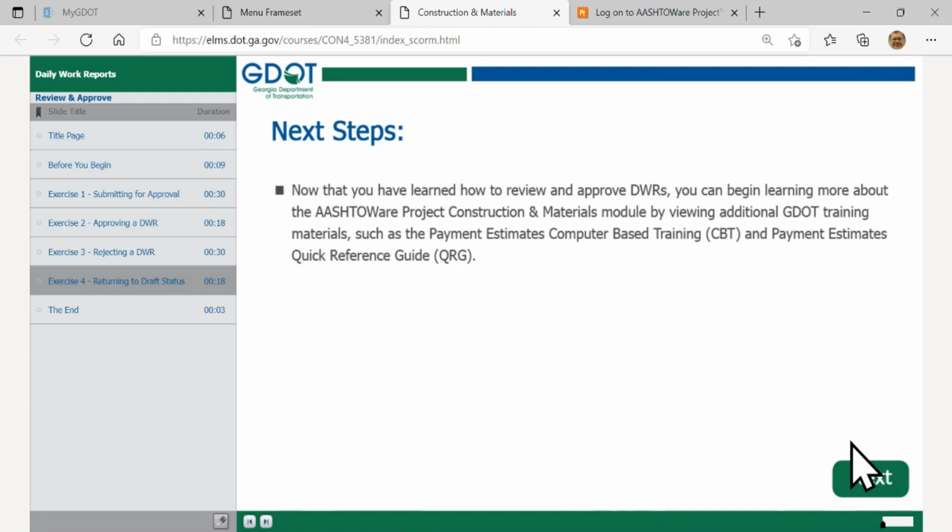All right, Dale, hope that answered your questions about how to move a DWR from draft status into submitting it for approval. And you've got a chance to see what the managers do when they approve the DWRs so they can actually put it into the right status that they're working with. So if that gives you more detail about working with it and organizing your information in there, such as getting used to your payment estimates. There are other CBTs you'll cover later on if you get promoted to manager status, where we go over payment estimates and other quick reference guides.